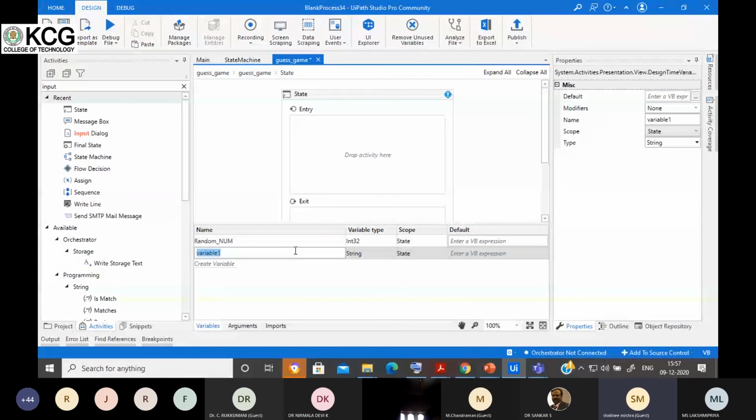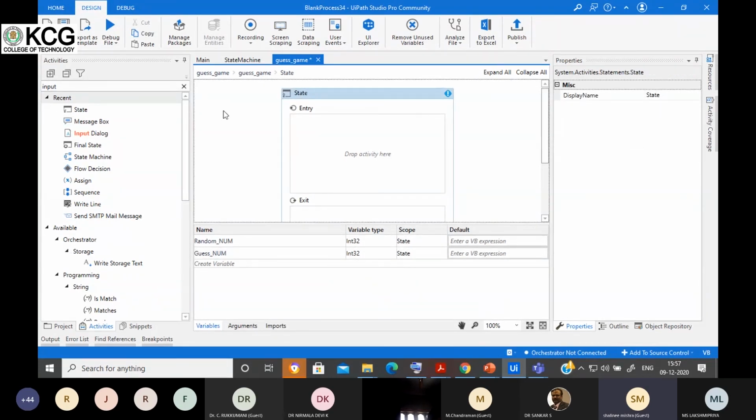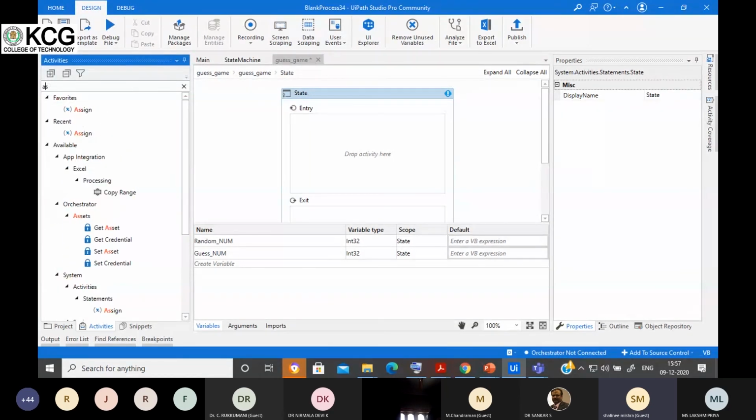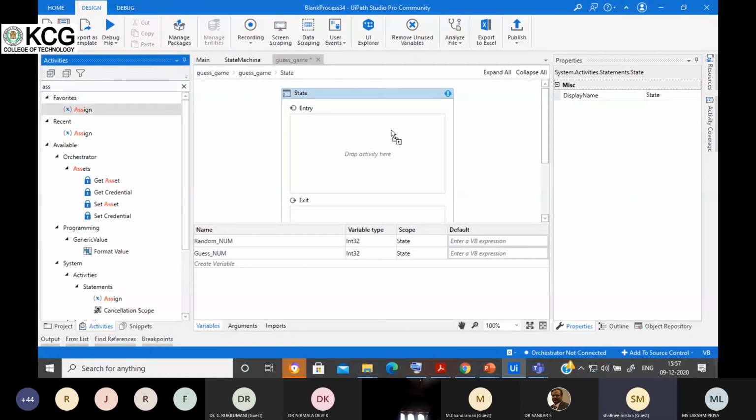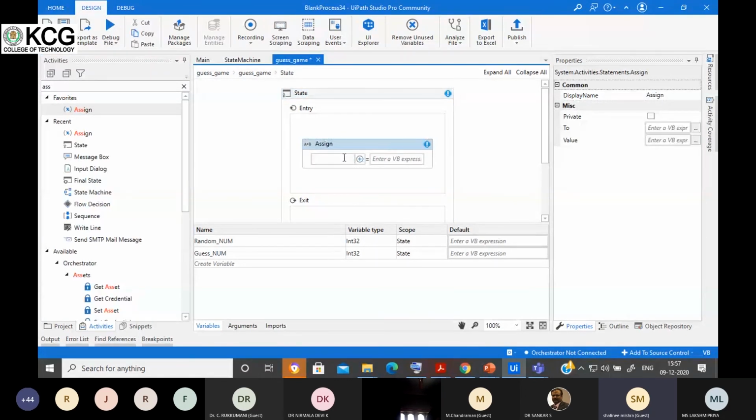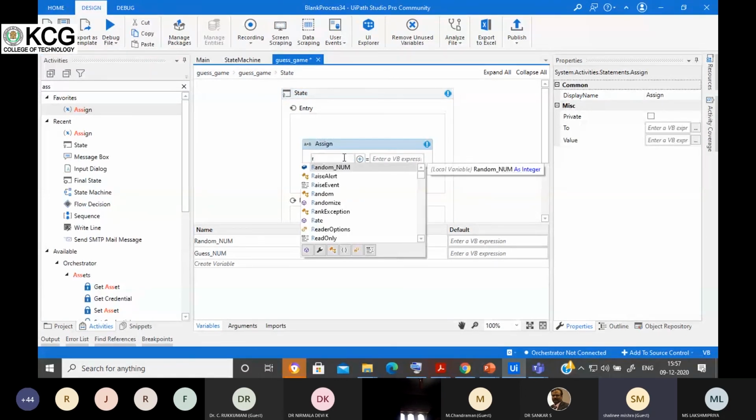The next is guess number, which will be provided by the user. And here I'll take the assign activity, and assign the random number.